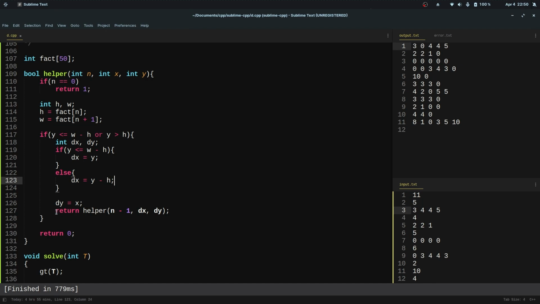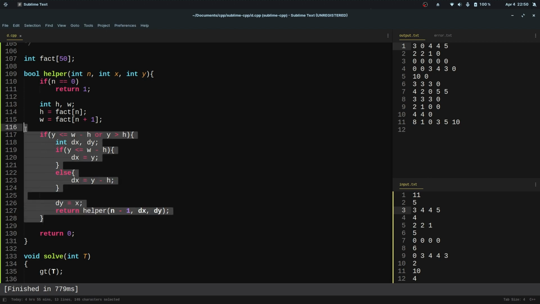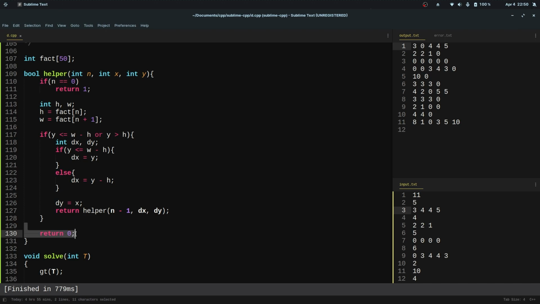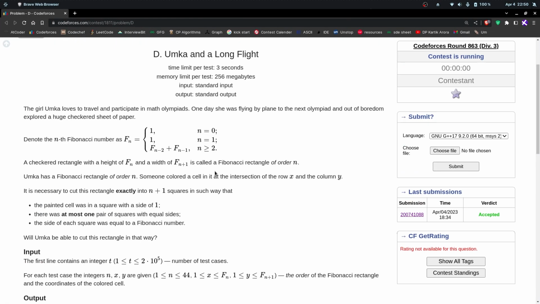So I just again call my helper function. I just return helper of n minus 1, dx and dy. Now if this particular condition was not true, I can just directly return 0 from there, and that would be my final answer. So these were all the solutions of all the problems of Codeforces Round 863, which was rated